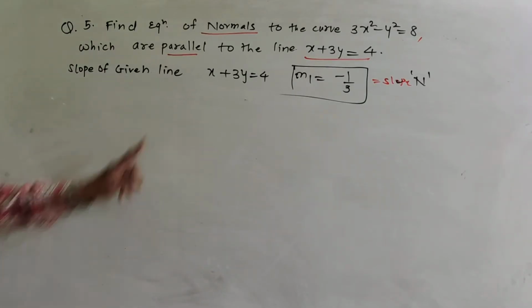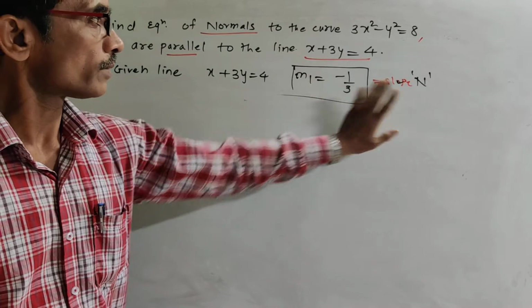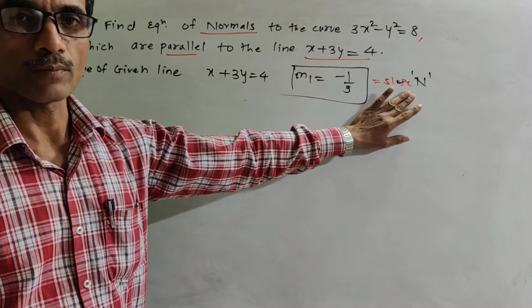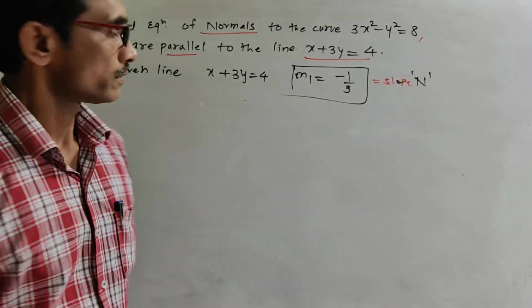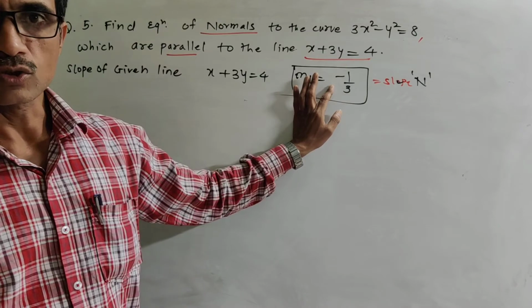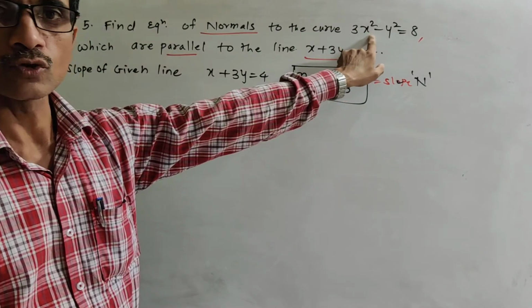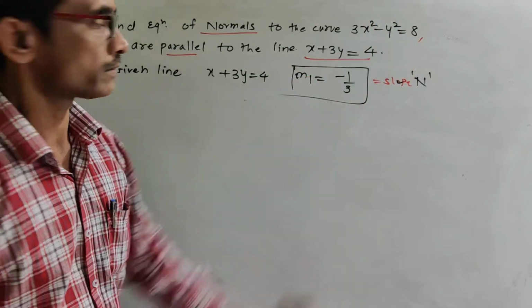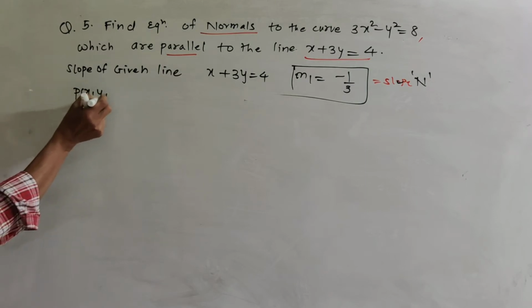Now once you are getting slope of normal, आपको मिल गया है. So the point we require, so that by point slope form we can find the equation of normal. Slope of normal is known to us, we find the point. So first of all we will find the slope of tangent to this curve at point P (x1, y1), so see here, P (x1, y1) be the point on curve.